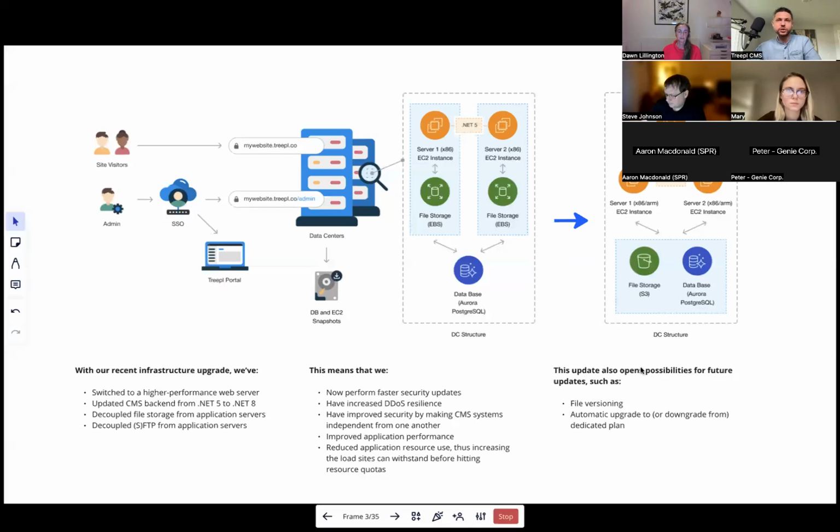So just a brief, there's a lot of technical aspects about version 6.10 that are important for us as a product. I'm going to briefly go through them just to give you an idea. So this was our architecture and infrastructure scheme before the version 6.10, and this is the new one. So as you notice, the main change, we have a load balancer now. So this allows us to